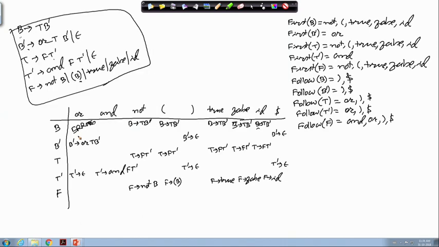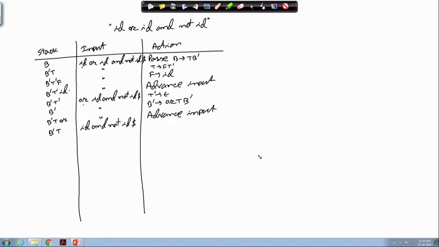T, ID says go by T producing FT dash, this rule. So, this T goes out of the stack and T dash and F are put into the stack, input remains unchanged. Now, F, ID we have seen previously tells me to go by F producing ID.